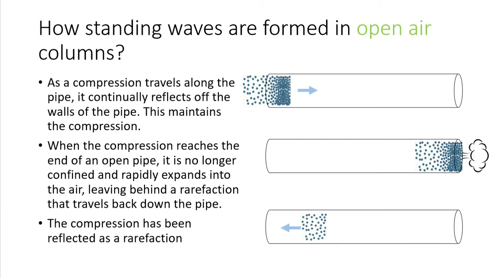So here we've got an open pipe, where both ends are open, and a particular wave has been imparted into it. You've got your compression and your rarefaction over here. The compression is the place of high pressure and the rarefaction is the place of low pressure. As that wave propagates through the pipe, it's constantly colliding with the sides of the tube,